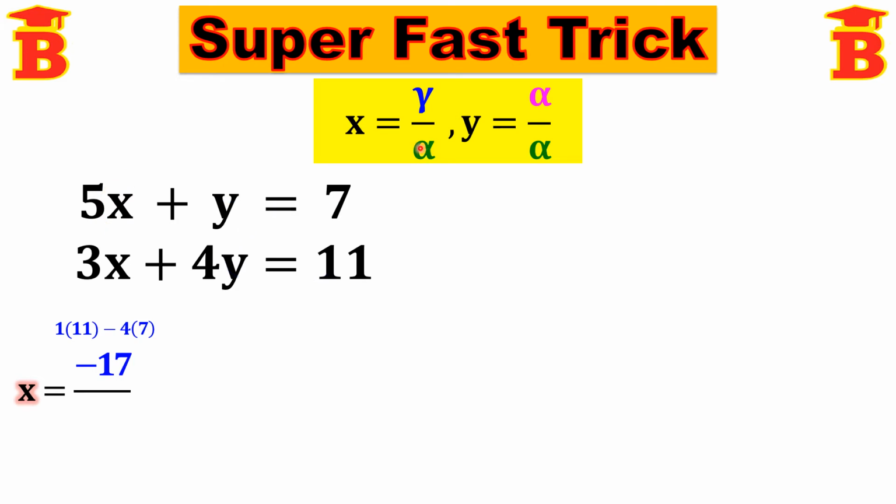And then divided by alpha. And this denominator alpha is always the left side xy coefficients. Write alpha like this. So we start from here. This number is 1. 1 into 3 minus 5 into 4. We start from here, this number is 1y. So we take this number 1 into 3 minus this number 5 into 4. 1 into 3, 3 minus 5 4s are 20. 3 minus 20 is minus 17.